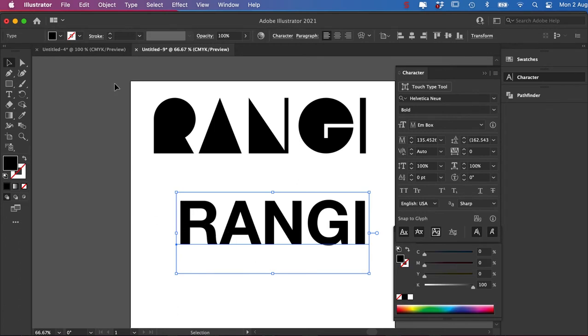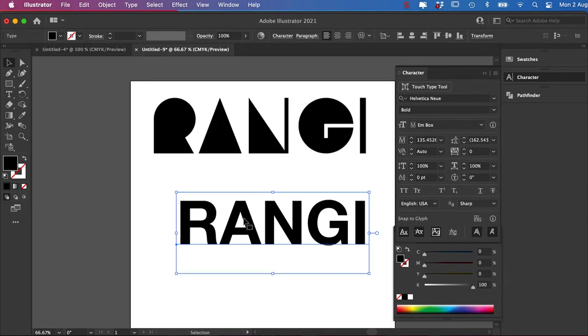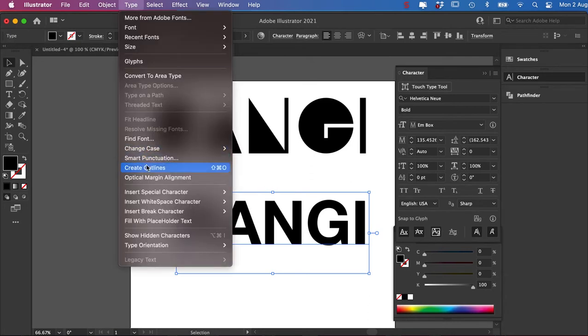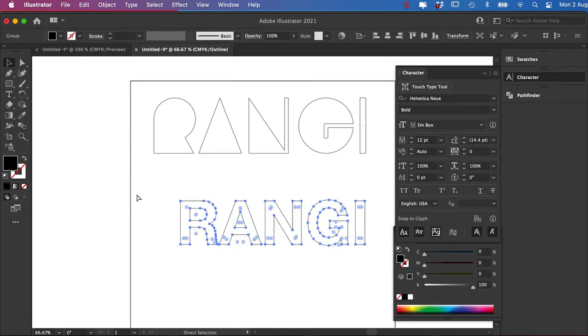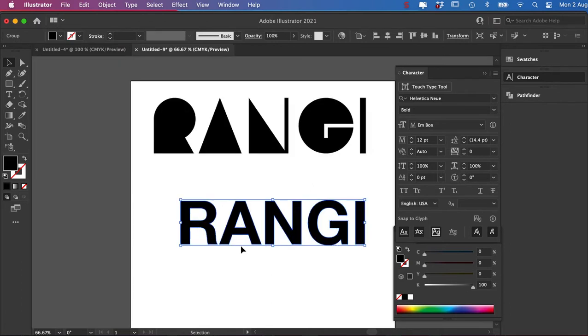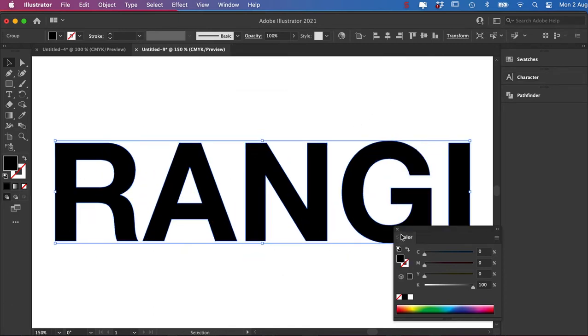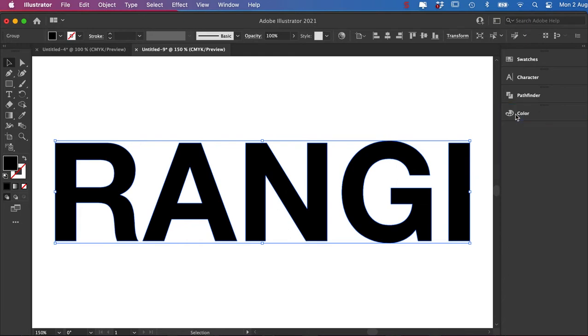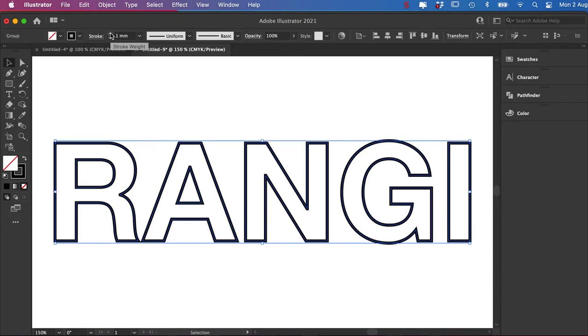what I'll do is now if I go Command Y I can see it's still solid, so it's type. Go Command Y again so it's back to the preview, and I'll go type, create outlines. Now if I check it I can see the outline, so it's now seen it as a shape. And what I'm going to do here, let's grab this stuff out of the way, is I'm going to change it to a line. I'll make that stroke a little bit thicker,